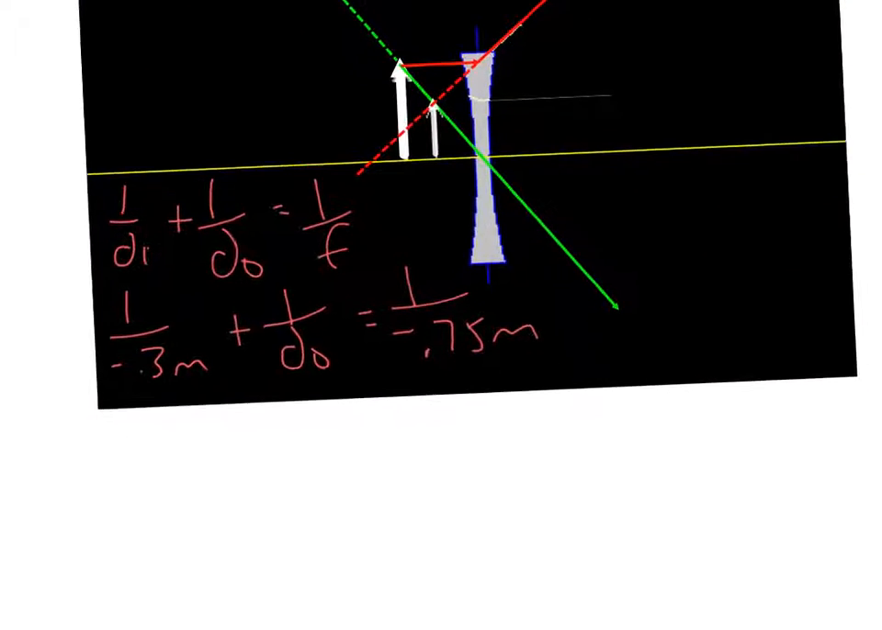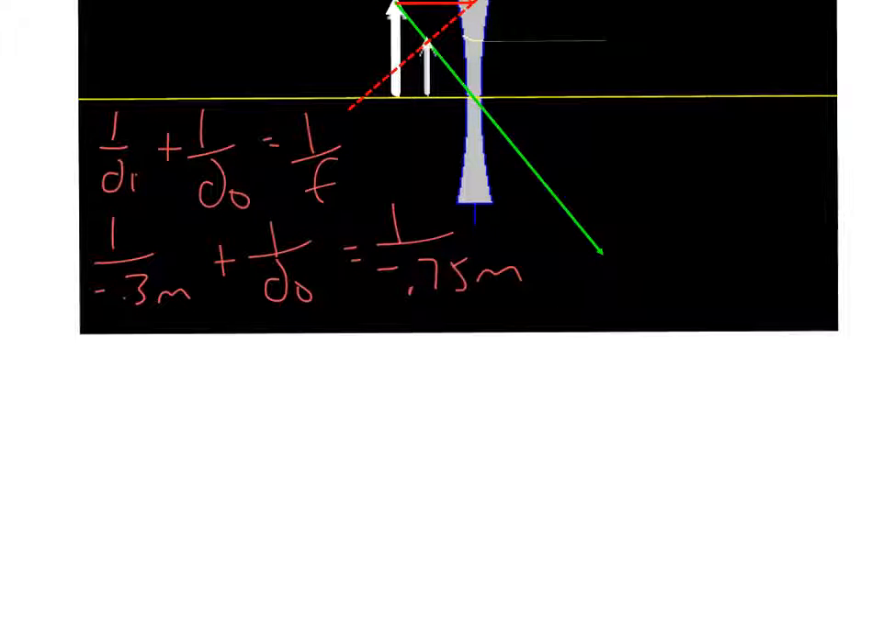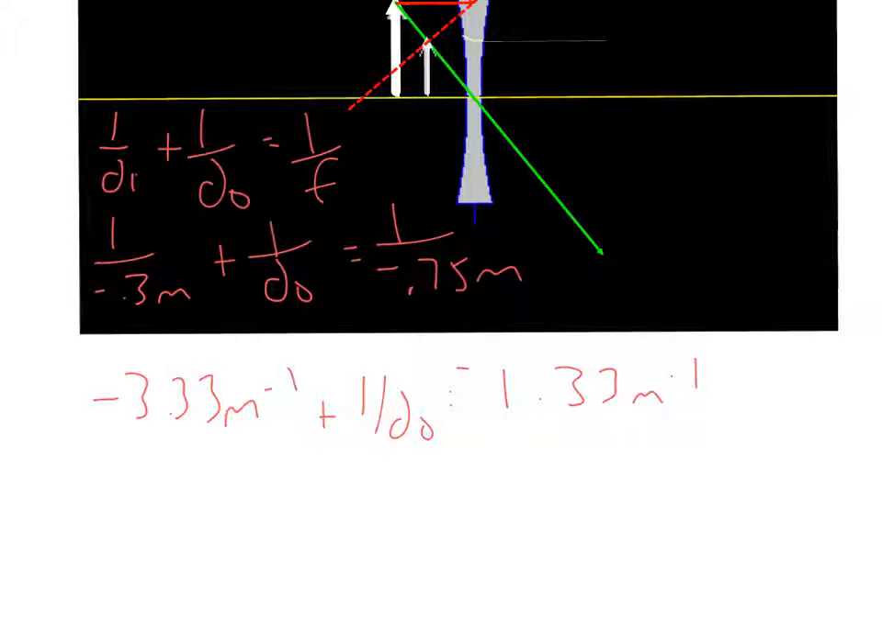Now, we can take this thing and we can solve for our DO. We go ahead and plug 1 over negative 0.3 into our calculator. We get negative 3.33 inverse meters plus 1 over DO equals, over here, if we take 1 divided by negative 0.75 meters in our calculator, we get negative 1.33 inverse meters. And then we simplify by adding positive 3.33 to both sides of the equation, and we get 1 over DO is equal to